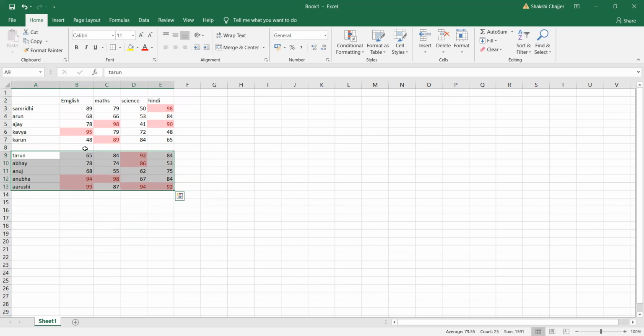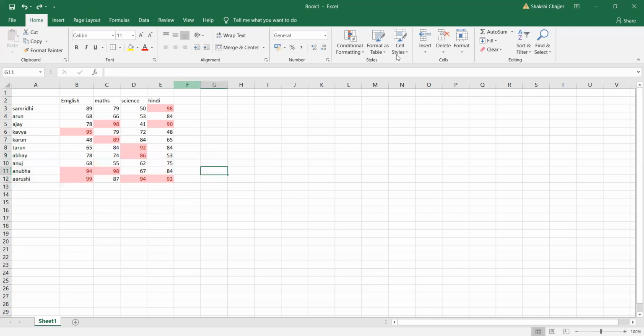Or some of the people, let's say only 2-3 lines are written, they just erase that and again enter the entire data. If you have to work this way, then what's the need of using Excel? Unnecessary. You are putting in extra time, using extra time to finish this work, and that is not useful. So in that situation, what you can do is, instead of doing this, let it be here only.